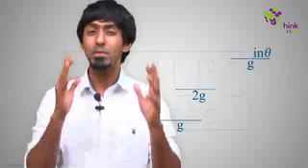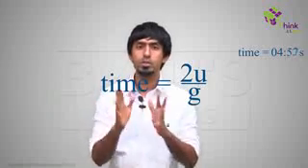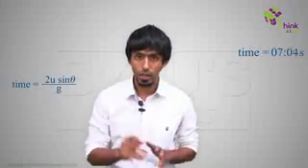Now don't remember these results. Why? Because remembering or recollecting these formulae takes longer than deriving them. You want to see how? Let's say you want the time of flight. You know a ball thrown up at u takes u by g to go, u by g to come down, so overall 2u by g. Therefore, you'll replace u with u sin theta, 2u sin theta by g. You're done, right?